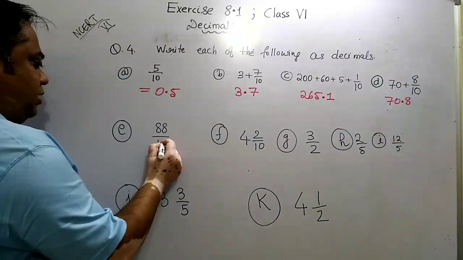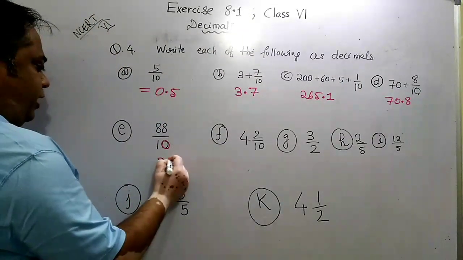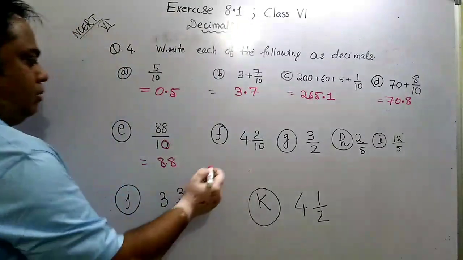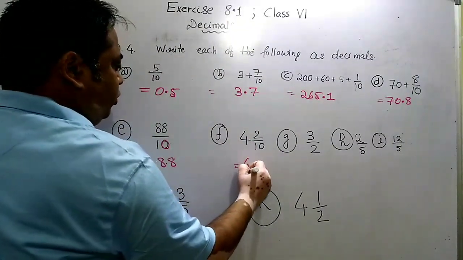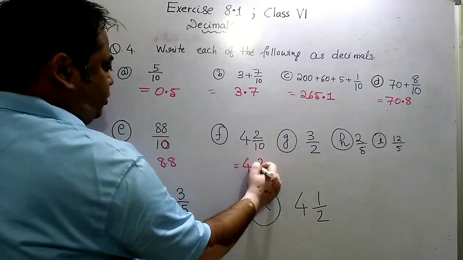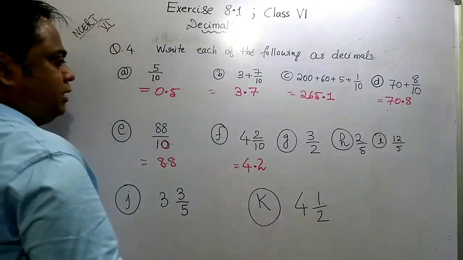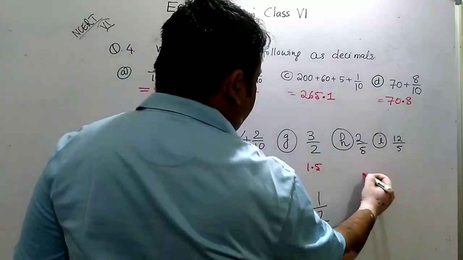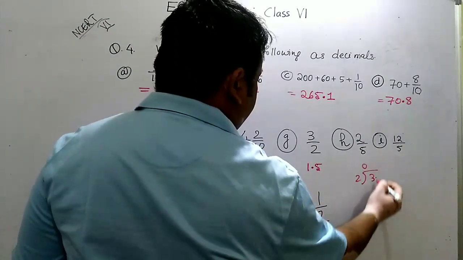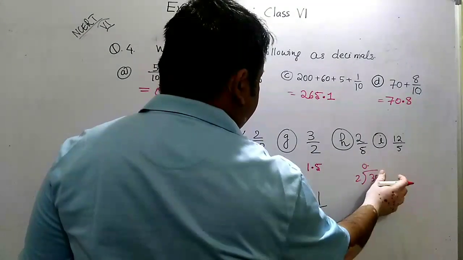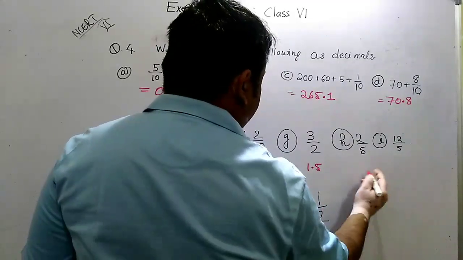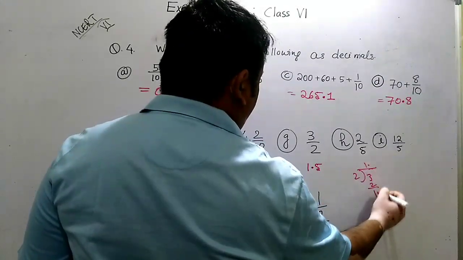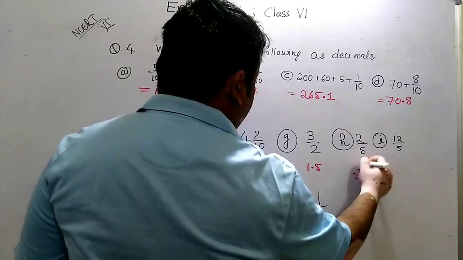In this case a 10 is there, so one decimal will come in between, 8.8. In this case 4 will be the whole number and the decimal will be 0.2. If you divide it, it will become 1.5. How? We can do rough work. 3, 2, 0, then point and then 0, and then 2, 3. 2 ones are 2 and then 1, then give 1 point and then 0 and then 5. So it comes out to be 1.5.